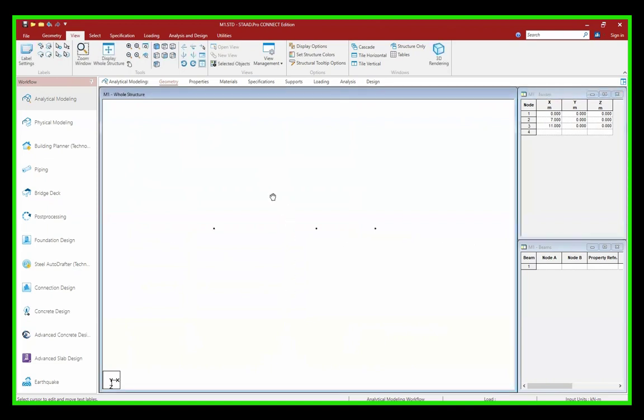Just zoom out, and you can see there are 3 nodes on the screen. If you want to see the node number, press Shift N. As I discussed in the earlier lectures, if you have missed out, just check out our initial 6 lectures where you can understand how to see the node number and how to see the beam number. So this is the shortcut, Shift N. Now there are 3 nodes I have prepared, right?